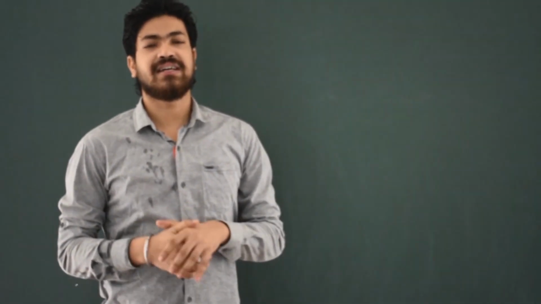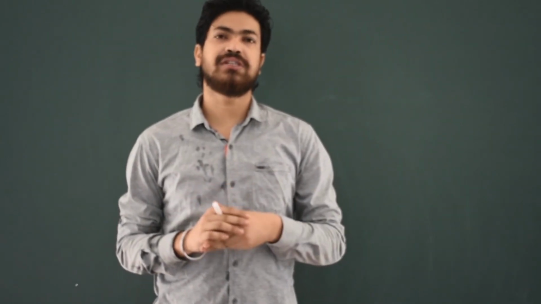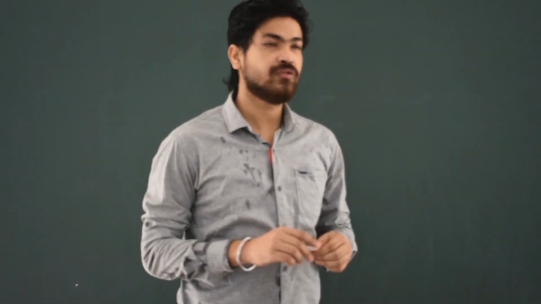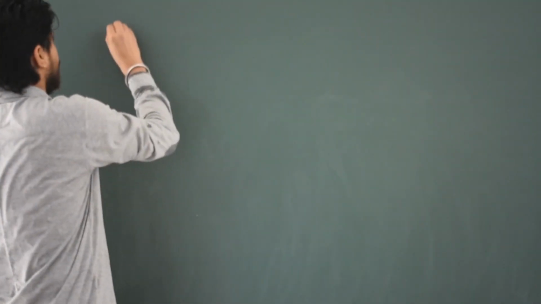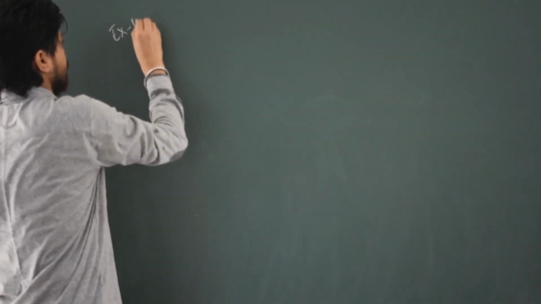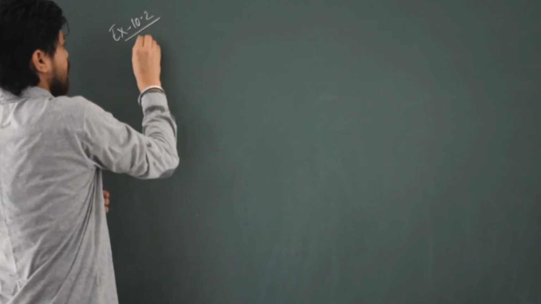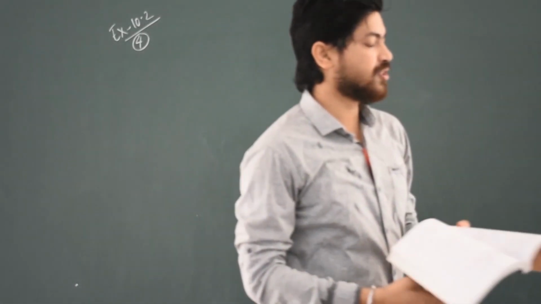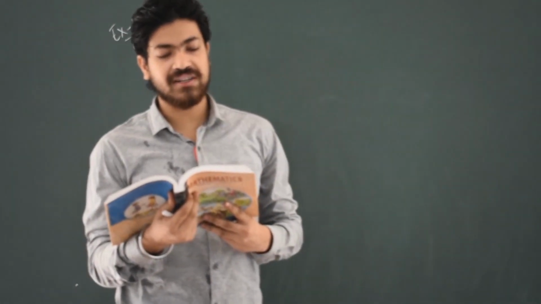So, this chapter circle, that is exercise 10.2, the first three questions we did. Next, today, let's see question number 4, exercise 10.2. Question number 4 is given like: prove that the tangents drawn at the ends of a diameter of a circle